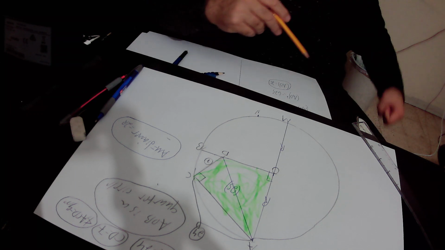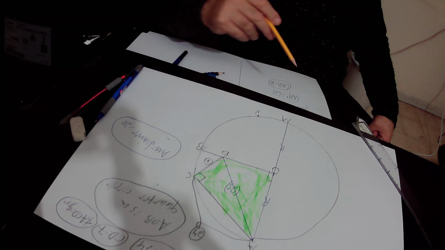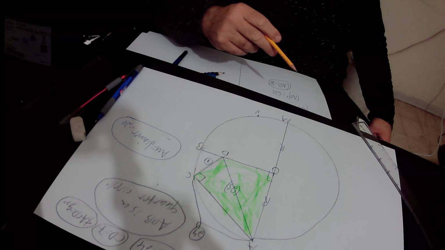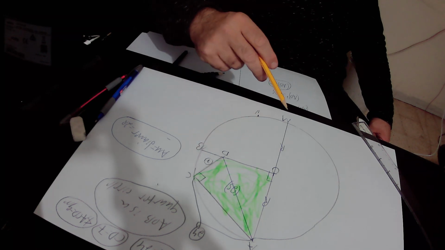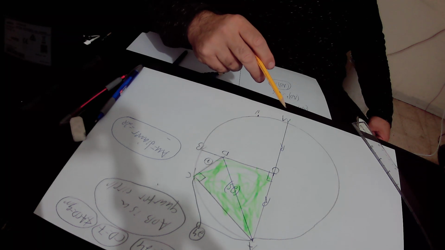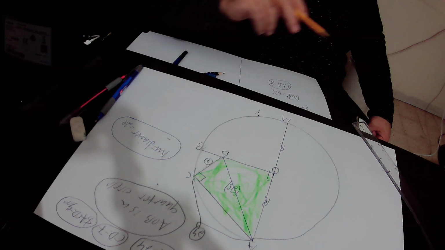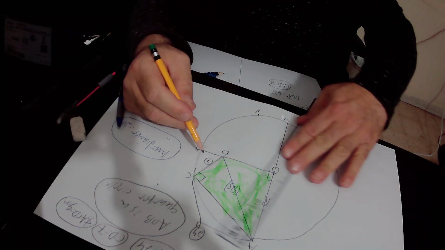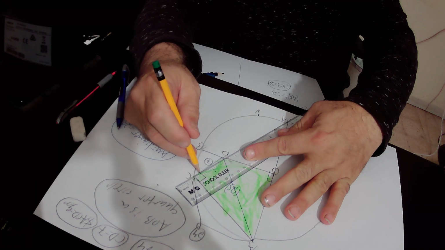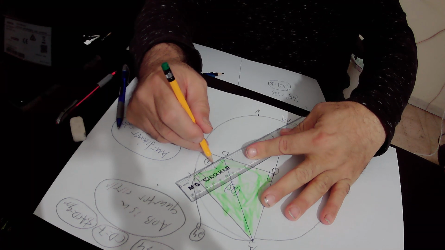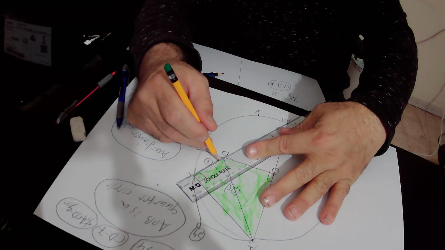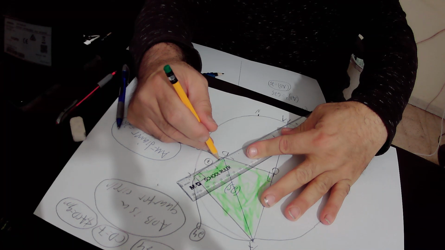Okay, so because of the contradiction that we got here, we must conclude that the extended CD must touch the circle at point M and not in any other point. So here you tell that the extended CD